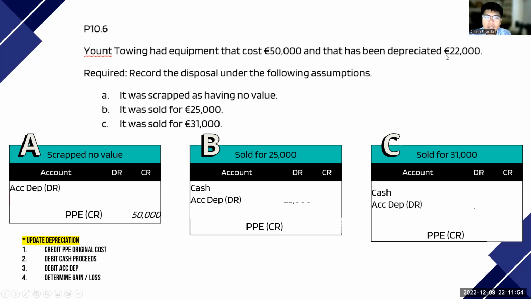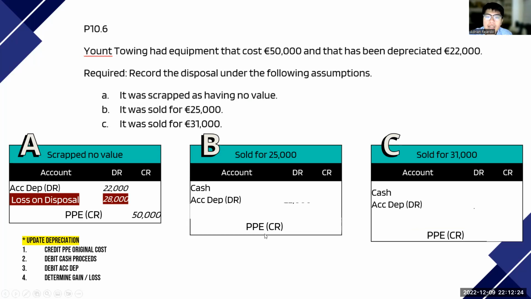Okay, pause. Yung ACDEP naman na to, updated, well, wala naman silang sinabi. So we assume na ito na yung ACDEP for the point of sale. So 22,000. So may difference ba? Yes, malaki. The difference is a debit of 28,000, which would be a loss on disposal. So we're done with A. Easy. B, different scenario, it was sold for 25,000, but the same, we're gonna be journal entering the same.